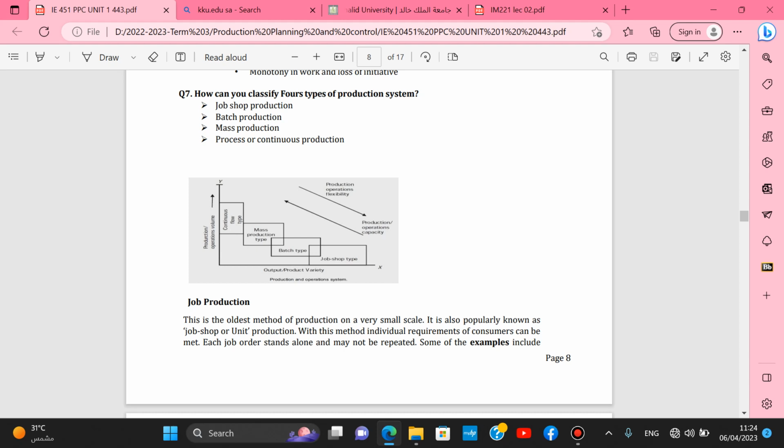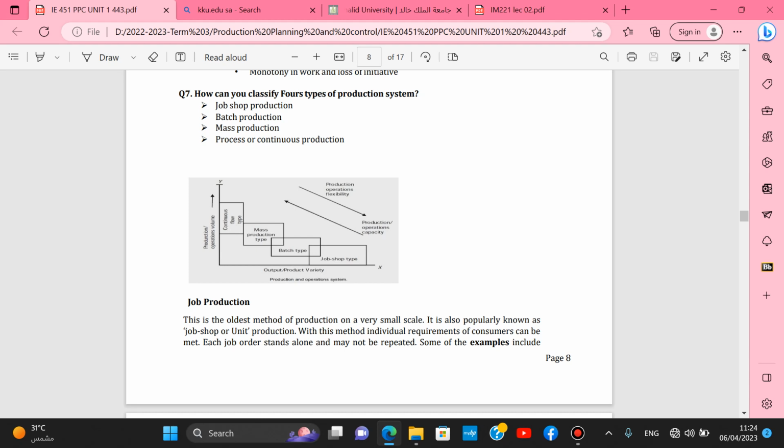نواصل في هذا الفيديو البارت الثالثة من اليونت 1 في البرودكشن بلانينج اند كنترول. وفي الفيديو هذا we'll speak about the types of production and the types of layout. Okay,